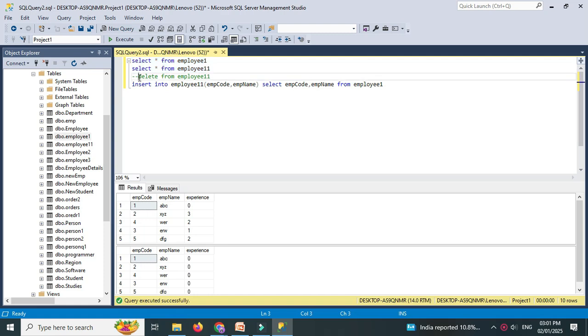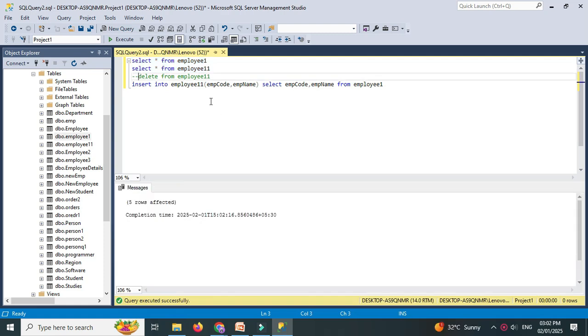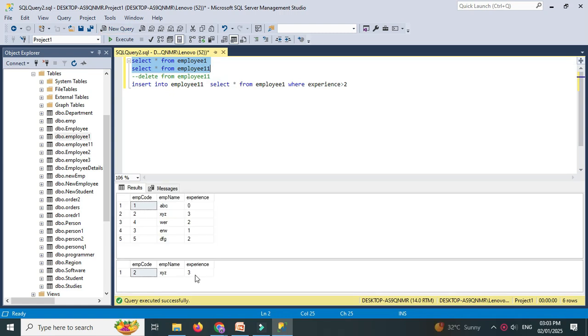Again we will delete the data from employee 11 and now we will insert records for specific conditions. So insert into employee 11, we will give here select star from employee 1 and we will give condition as where experience is greater than 2, and we execute this. It will give 1 row affected and will display data from these two tables. Since we have given the condition experience greater than 2, only one record is inserted to employee 11 whose experience